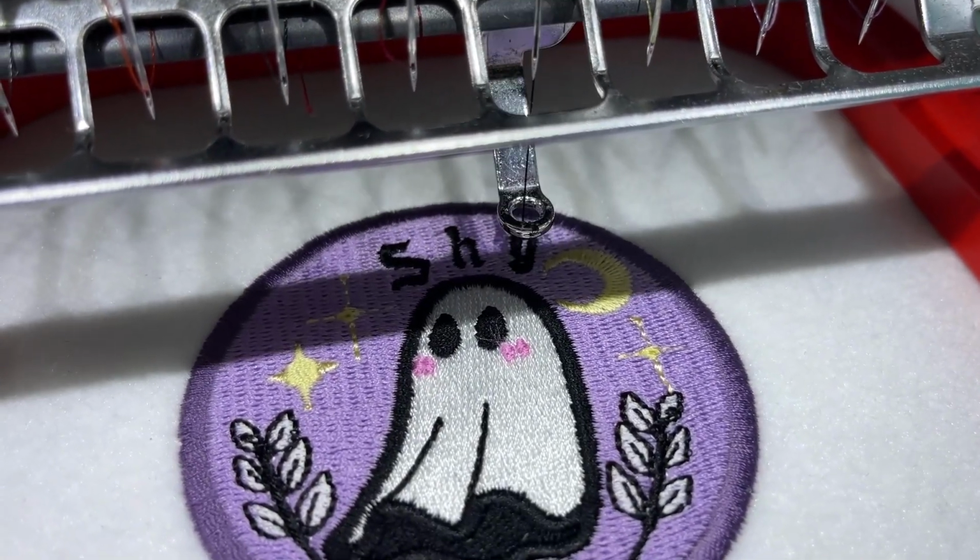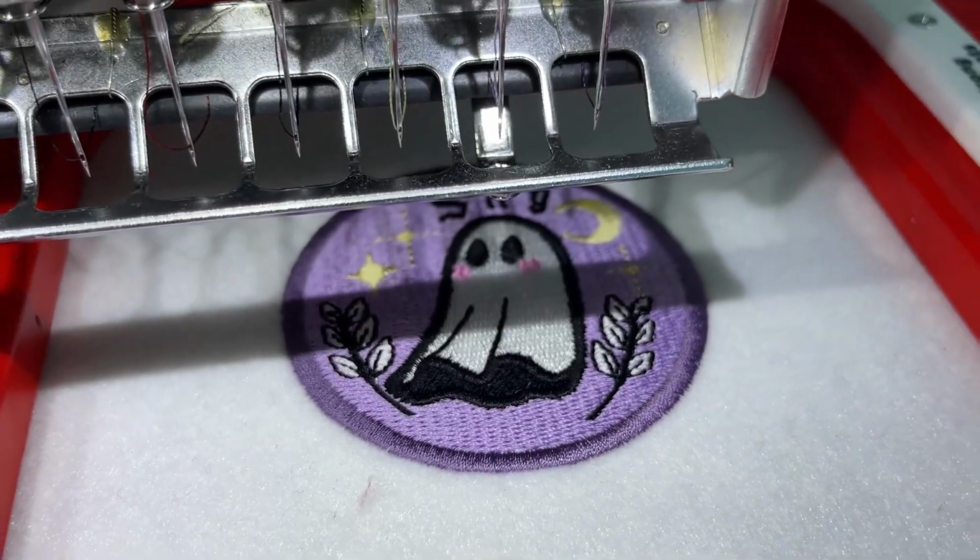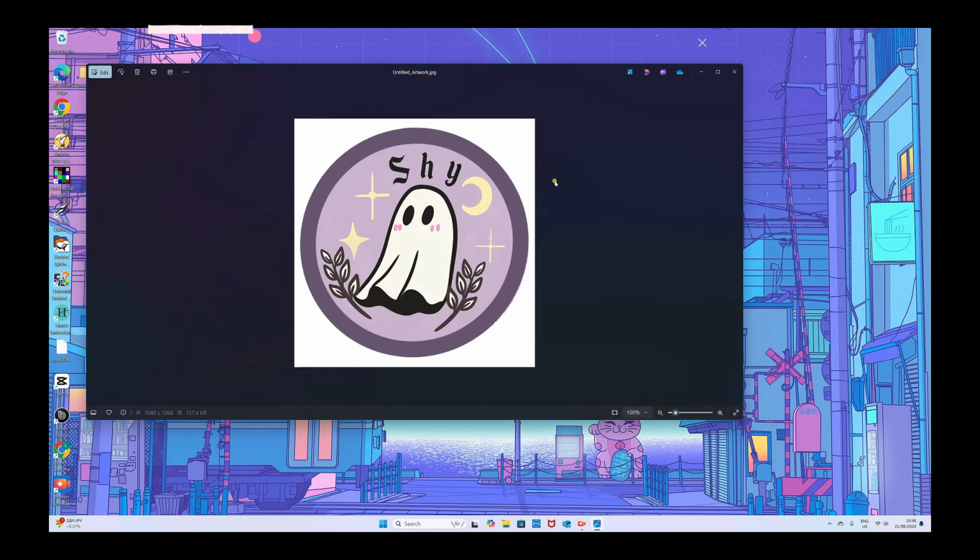a snack. We're digitizing this little ghost because the spooky season is upon us, and after this video is complete, the finished product will be available on my website to purchase. If you want to digitize along with me, then take a moment to screenshot this design, as I am going to be talking you through step by step on how to digitize using an embroidery digitizing software called Embroidery, which